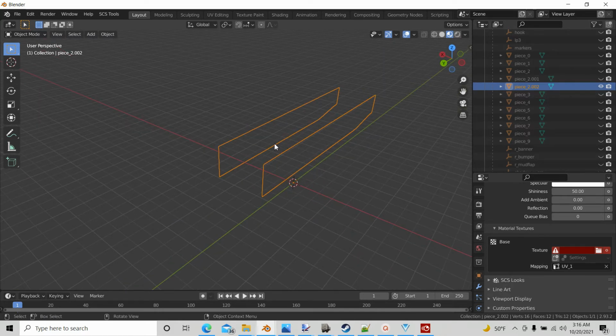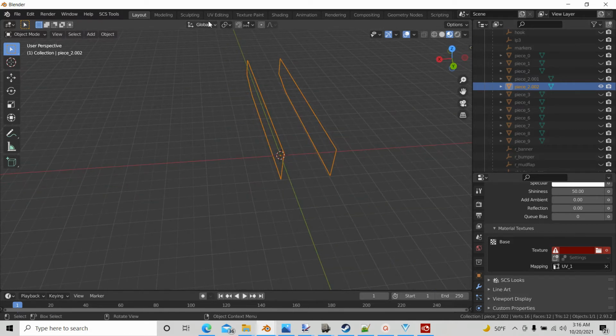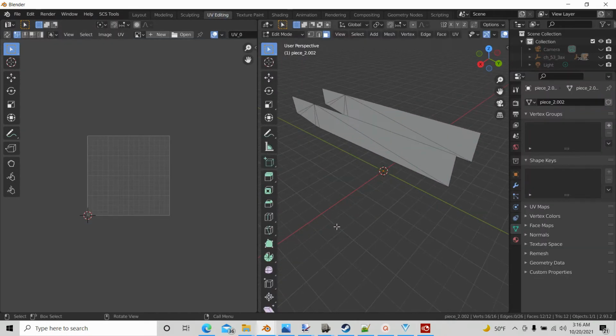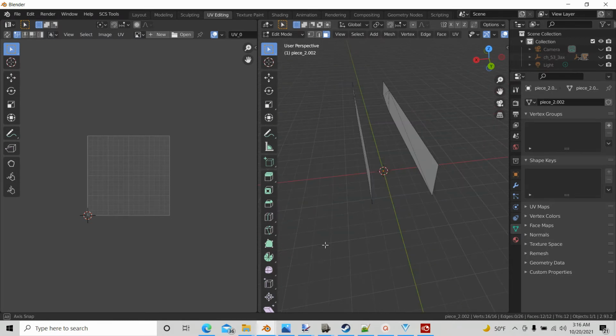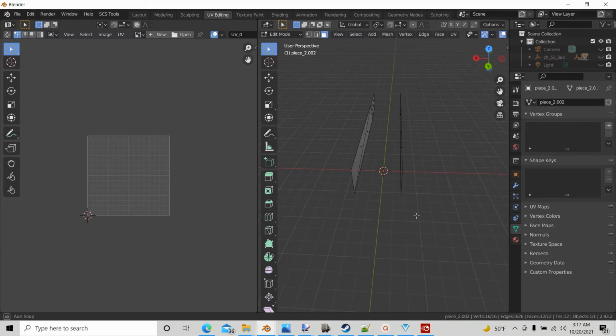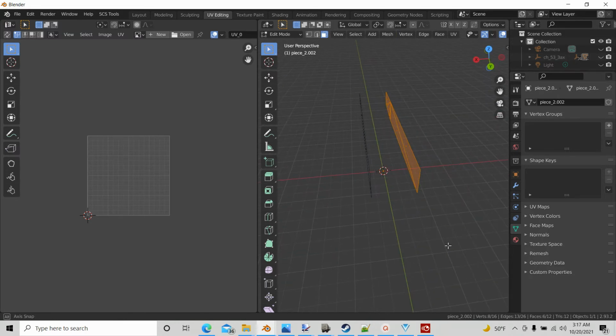So creating a template is not hard. It is a little bit time consuming, but for the most part, not hard at all. So you go to UV editing, and you can see that here are our faces. And this time you want to make sure that you do have your X-ray selected, and you want to make sure that you're on faces, which we are. And then you want to do these one at a time. You want to select one side at a time. So now we have one set of faces selected,